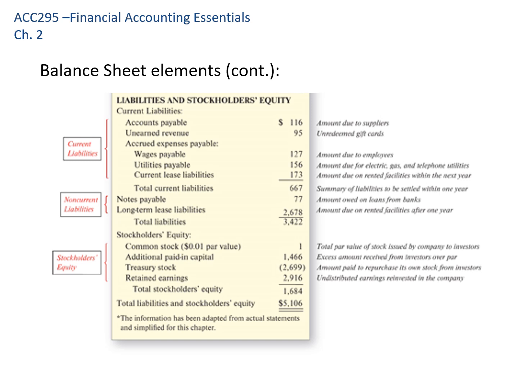So this company has accounts payable, unearned revenue, which is money we've received in advance of earning it by providing a product or service, and then accrued expenses payable, where we record expenses, for example, wages, utilities, and lease liabilities in advance of recording the expense. We have notes payable. In that case, we have a long-term lease liability, and then we've got stockholders' equity, which